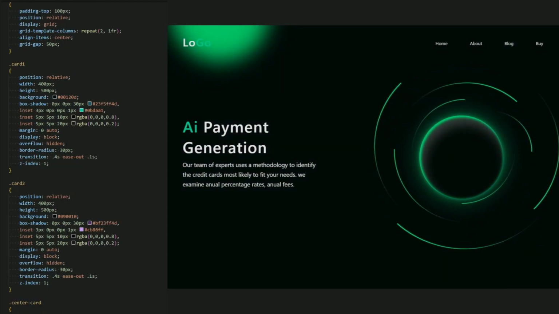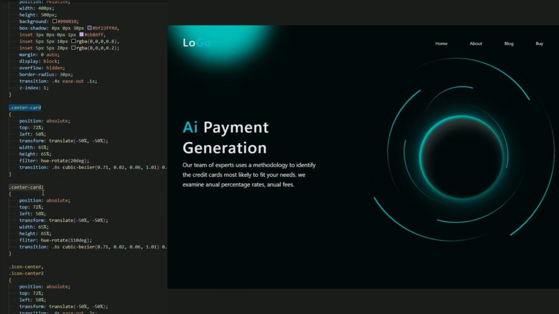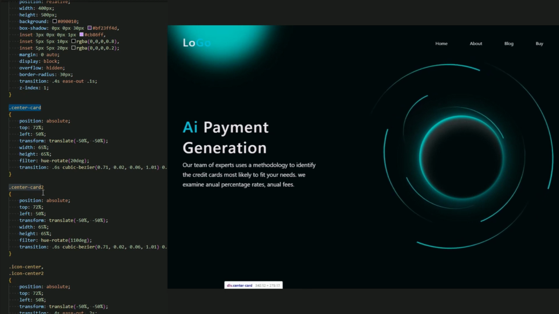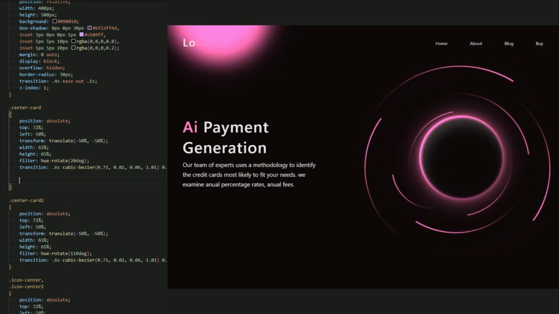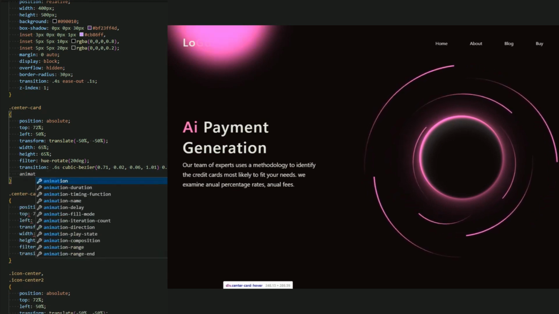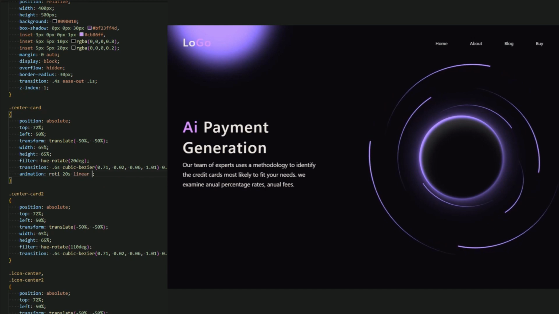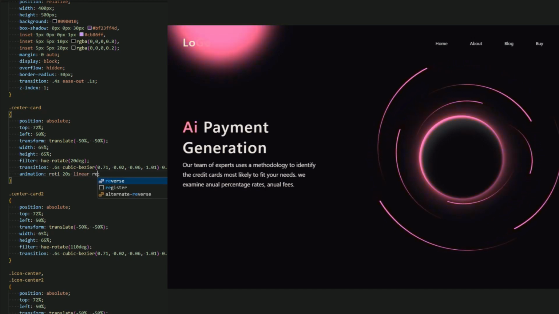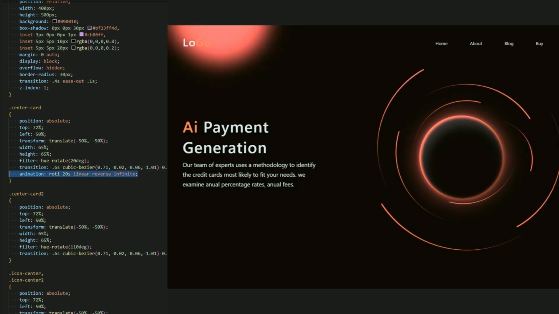Now all we need is to add the same animation to the center card and center card 2. So as we named it rotate, I just add it in this animation: rotate 20 second linear reverse infinite, and copy paste it here.